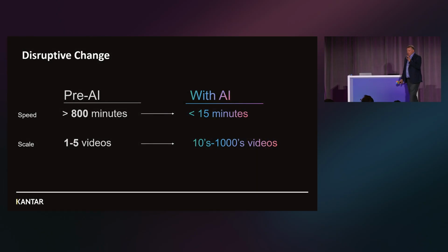Finally, just to give you a sense of how disruptive this is, prior to AI, so Kantar first launched an AI service about 4 years ago. Before that, most of these kind of analytics was done by humans. So you put the video out, you sign up 100 people who look at it, you get feedback on it, and then you feed it back and see how people react to that. That could take a day, 2 days, sometimes up to weeks to analyze a number of videos and pick ones which you want to use.